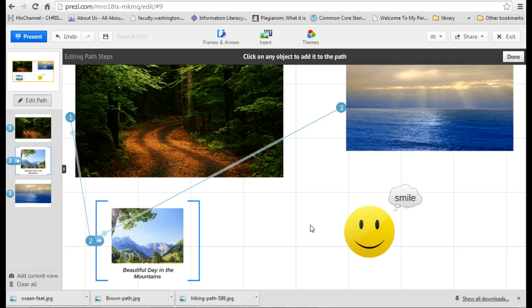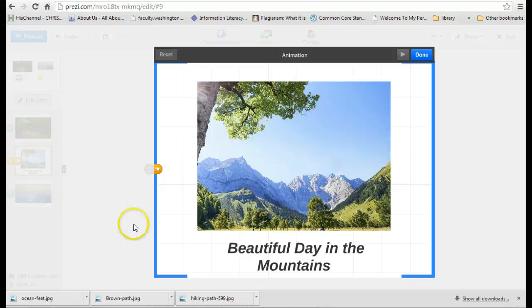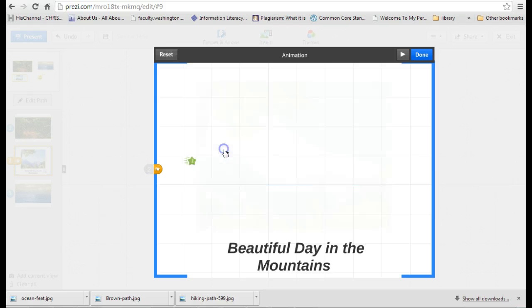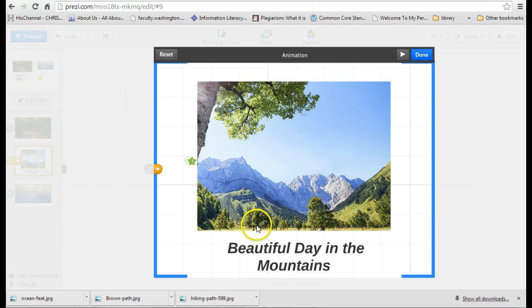Now if you notice when you're in Edit Path that one of these paths has this star that says Animated Frame Content. The only way that you can animate so that the items inside the frame fade in is if they're inside of a frame. So I can click on this star and I then say I want the image to fade in first, and now a little one with the star shows up. Then I come down here to the text box and I click on it, and now there's a little 2,